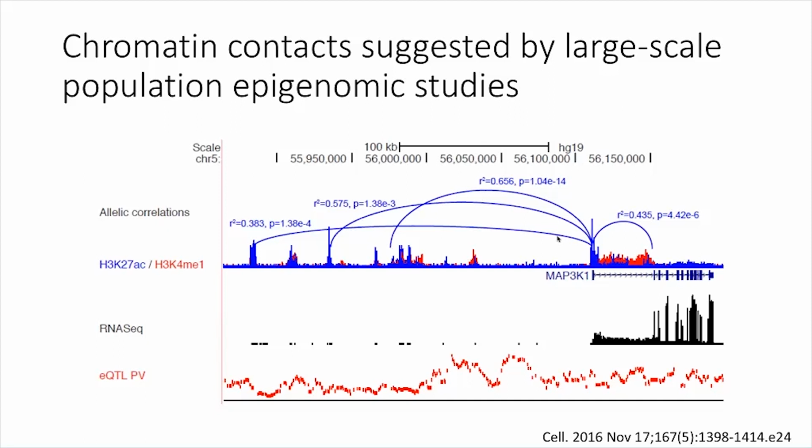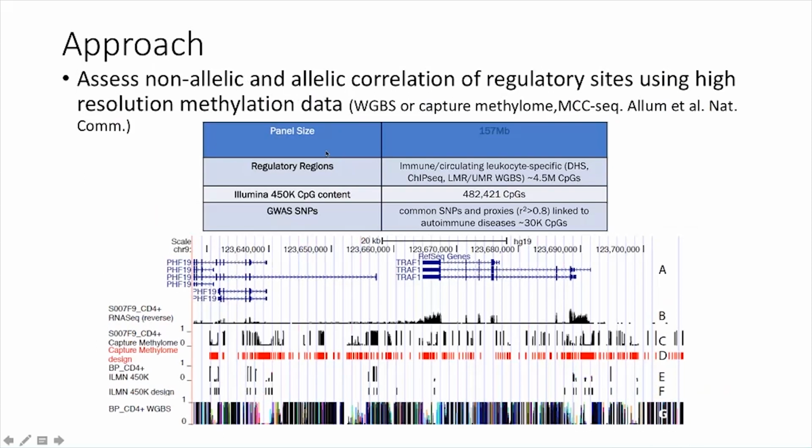So we've since gone forward and deepened this data set using a high-density methylation sequencing approach, where we've actually targeted all regulatory elements present in circulating immune cells. And these regulatory elements come from several different data sets by Roadmap Epigenomics and our own data sets on DNase hypersensitivity, as well as other regulatory features. In total, we assay about 5 million CpG sites,